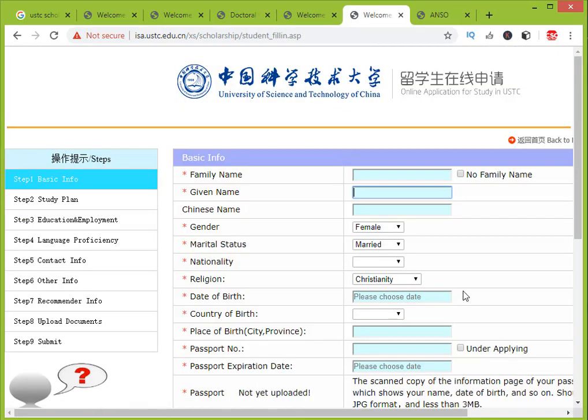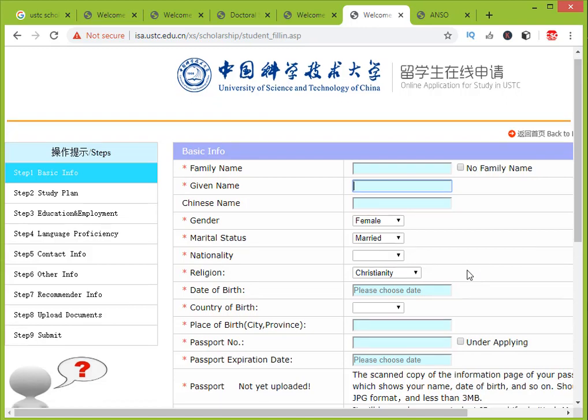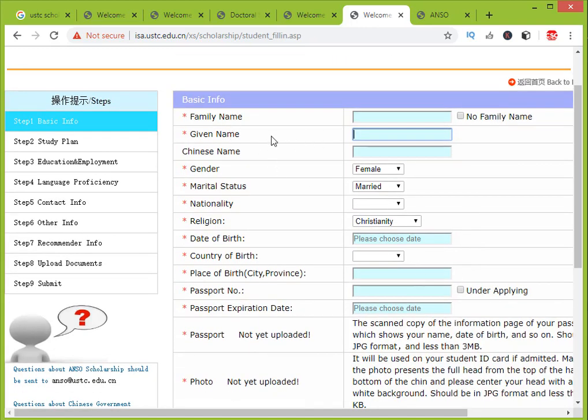So when you click on save and next, you will see the form like this. Okay, type your family name, given name, Chinese name if you have one, otherwise leave it. Gender, marital status, single or married, nationality Pakistani, and other if you have your country, like Nepal and these kinds of.